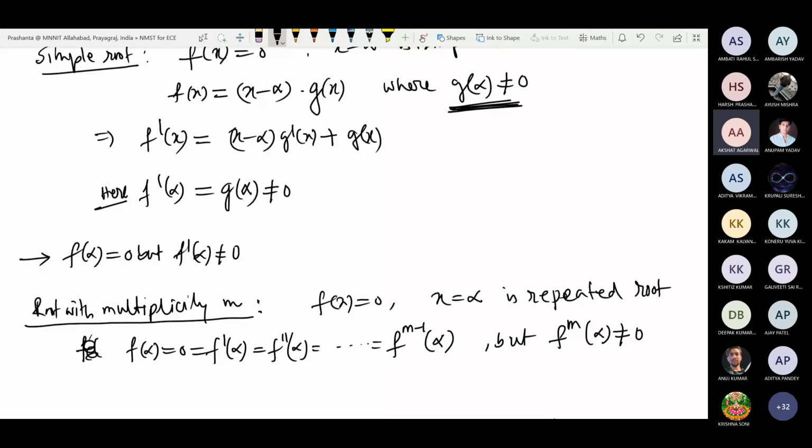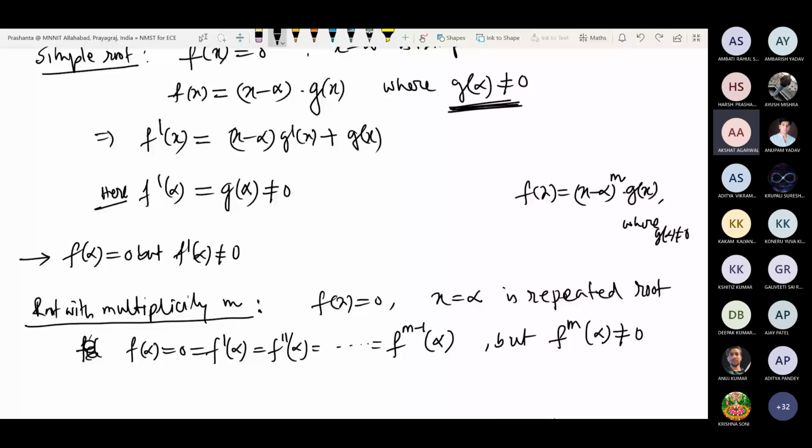You can prove it. If it is a root repeated m times, then f of x can be written as x minus alpha power m into some g of x, where g of alpha will not be 0. Then you use differentiation and you will be able to identify. This is not difficult. If it is repeated, then x minus alpha power m will be the factor into some expression, and that expression at alpha should not vanish. Use that, and keep on differentiating and taking the value of the function at x equals alpha.